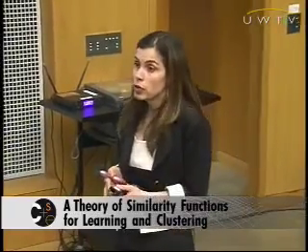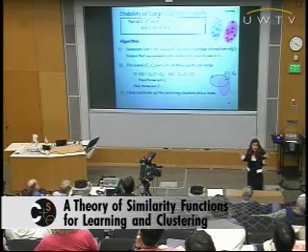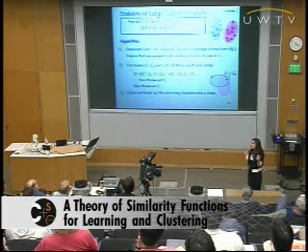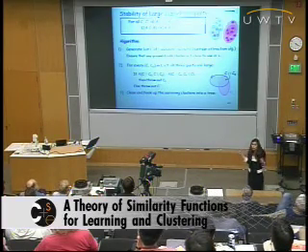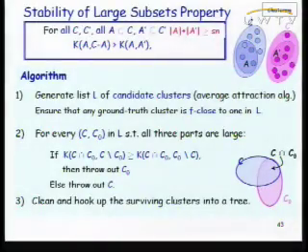First of all, we're going to use the average attraction algorithm to generate a list of candidate clusters with the guarantee that any cluster in the ground truth is close to one of the clusters in the list. Then we run a second tester algorithm, and we're going to throw out some of the clusters in